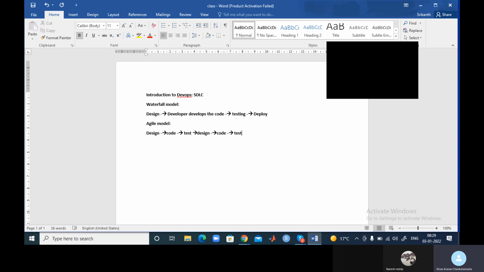So even it is taking much time for the deployment, and only we are taking design, code, and test. And therefore, here the DevOps culture has come up with a new idea. So the DevOps culture is the same process. So here, they are going to come up with the design, and later again test, and again